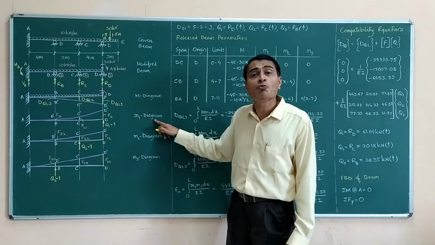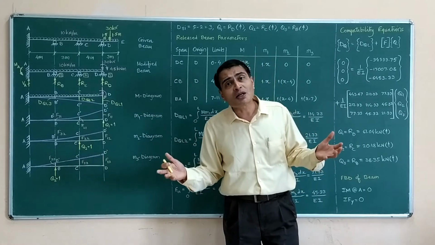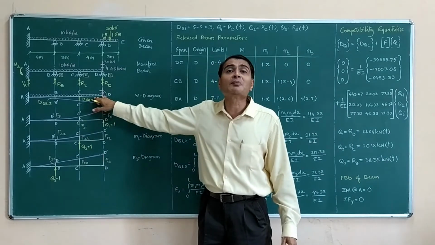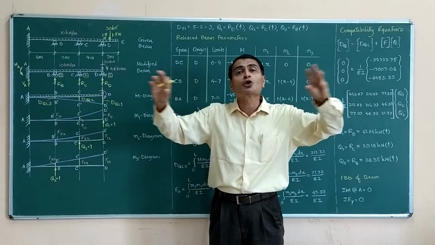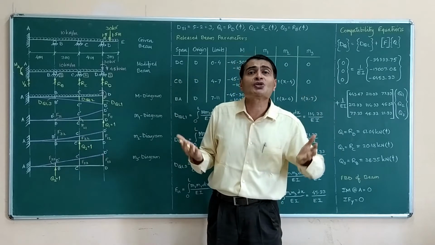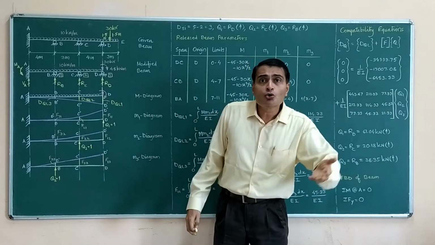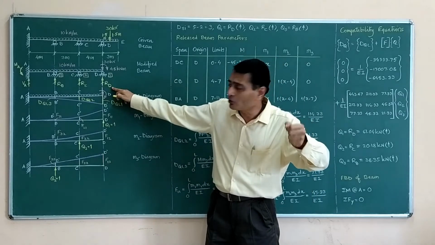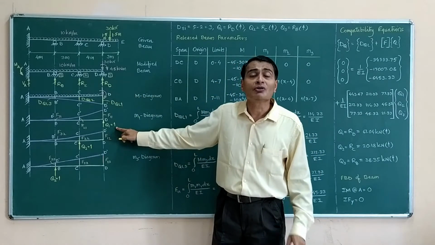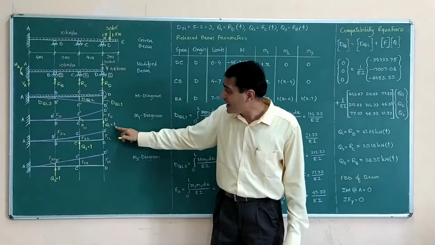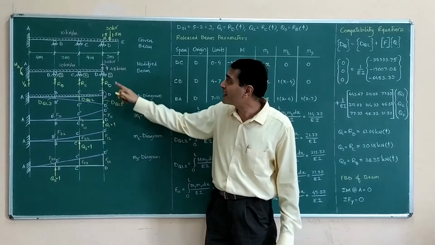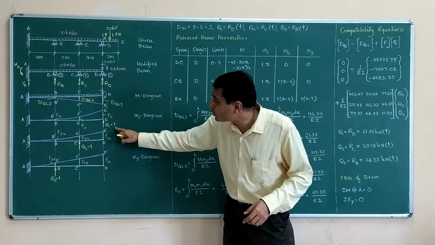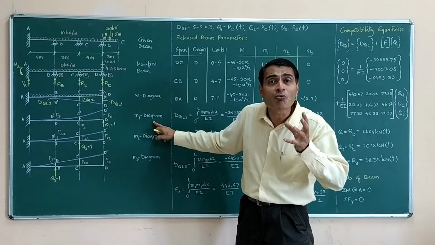And now let's observe M1 diagram. What do we mean by M1 diagram? I am going for superposition. Firstly, I have shown a determinate cantilever beam with all external loads, gravity loads, let's say received from the slab. Now we are applying RD, but not entire RD directly to begin with. I am applying unit value of RD. I am writing Q1 is equal to 1. Though my actual Q1 is RD, its unit value I am applying. So I am writing Q1 equal to 1, and that I am calling as my M1 diagram.